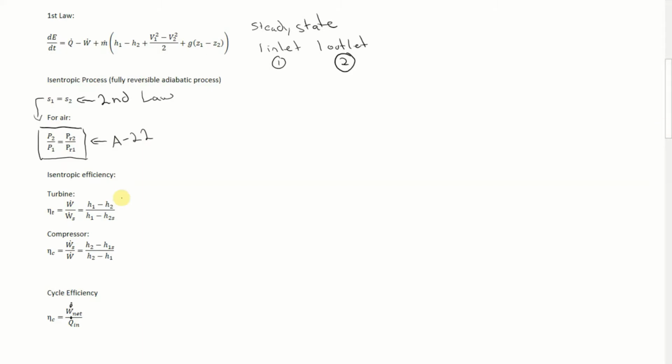The next thing is isentropic efficiency. We have one equation for a turbine and one for a compressor. By definition, our compressor efficiency is equal to the power that we're actually producing versus the isentropic power. Another way of saying that is this is the ideal or best case scenario power we can produce. This one can't always be used in every case, and so I'll show you right now how that works. So if you have a turbine,